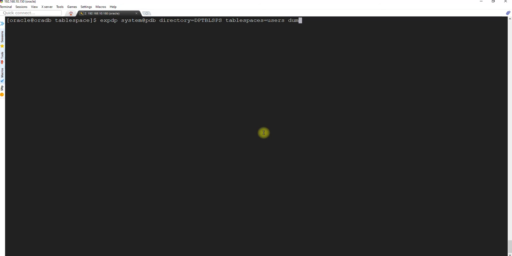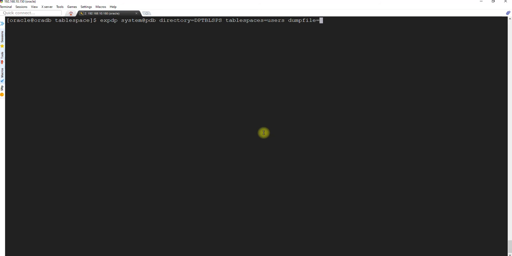And the dump file, this is important, as I always reiterate every time. This file is very important if you want to import it in other databases, on the other server. So you will just secure copy this particular dump file to the other server, and then you use impdp to import it. In regards to impdp and other parameters, I will come up with a video and consolidate all types of settings in that as well. So don't worry about it. Currently we are just going through the export data pump and the general parameters.